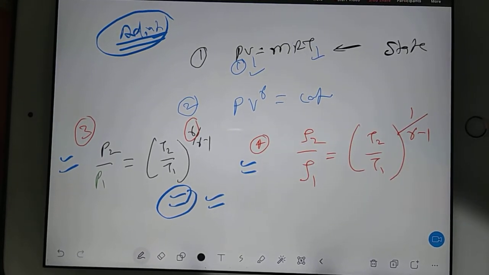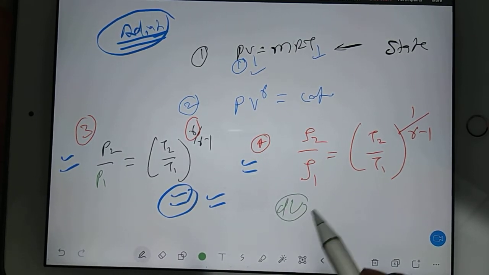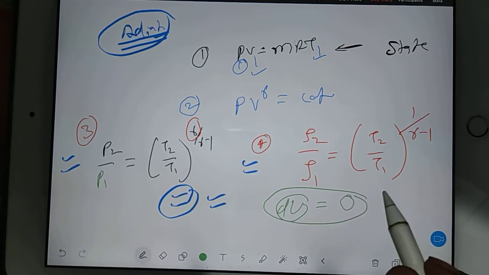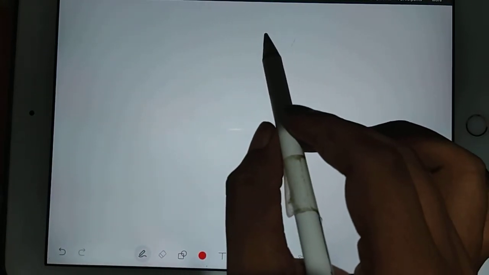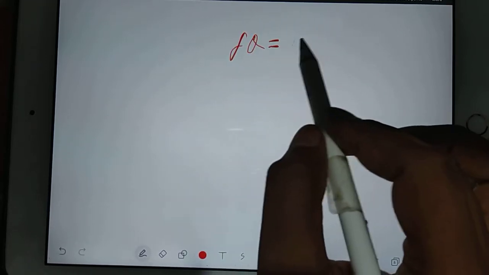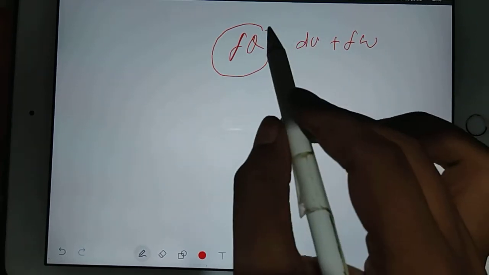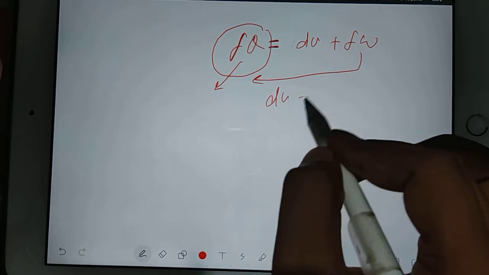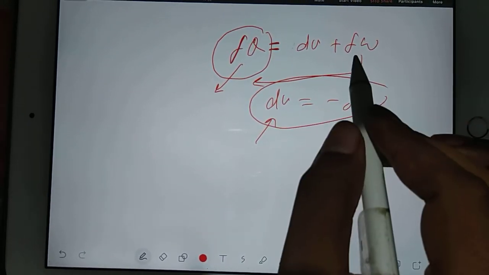Very good. Now you are absolutely correct, because change in internal energy is 0 only in one process, that is isothermal. Currently you are doing adiabatic. So the first law will help you think. del Q is equal to dU plus del W. Here your del Q is actually 0, so you take this del W to this side. So your del U is not 0. dU is not 0.